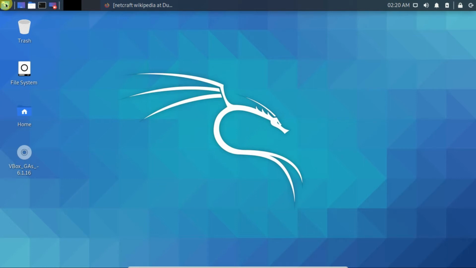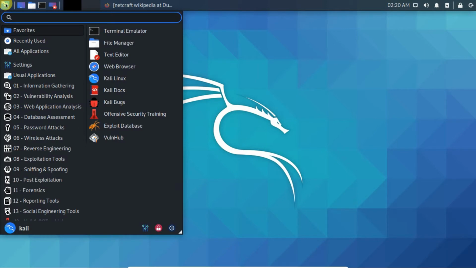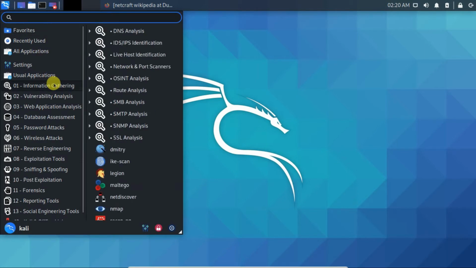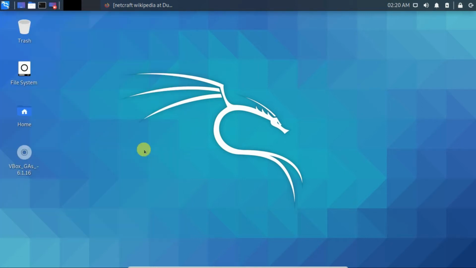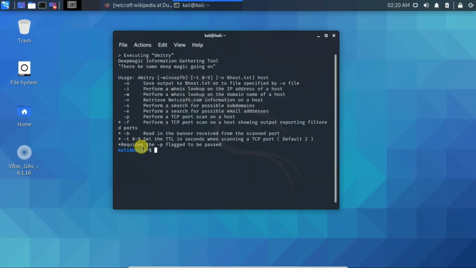Now what you have to do is go to the leftmost corner of your screen and click on information gathering. If you come down and see the mouse on the screen, it will show Dimitri. It shows a dark black color, specifying that the mouse is kept on Dimitri. So now click on Dimitri. Yes, this is what you will see.